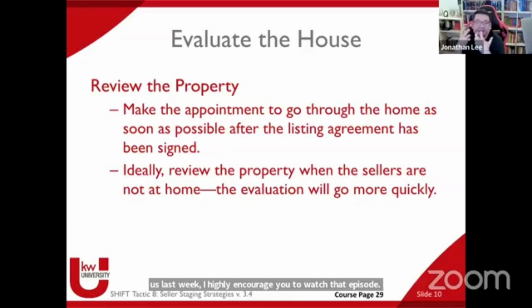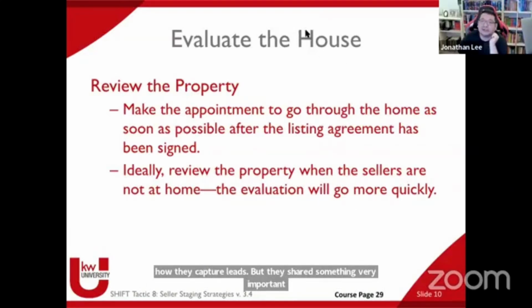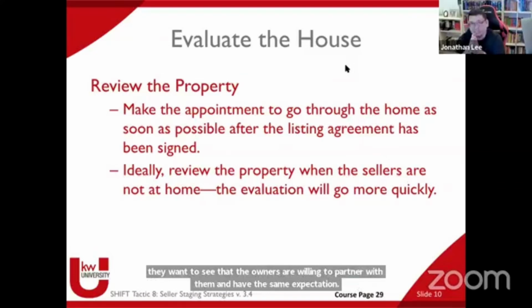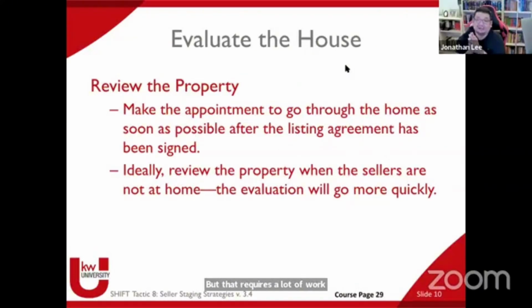But they shared something very important, is that they choose their listings to work on, and they want to see if the owners are willing to partner with them and have the same expectation. But that requires a lot of work in inspecting and having conversation. So you need to go through that process of inspecting properties, right? This is something that you need to do if you really want to sell the property and list the property,